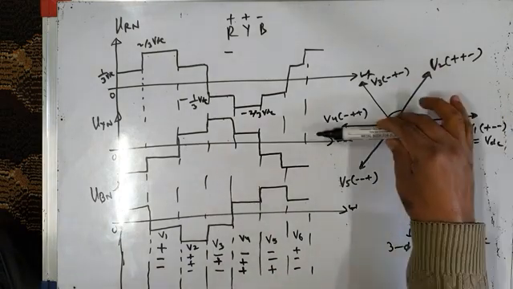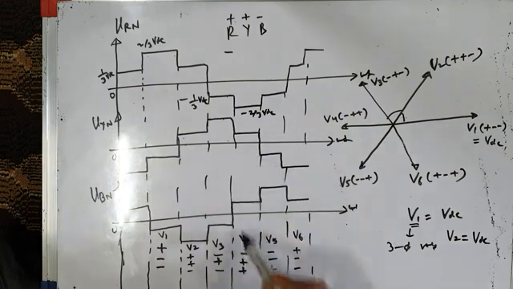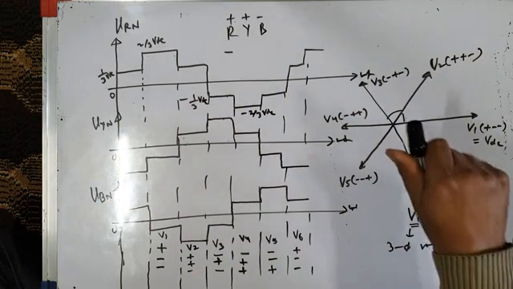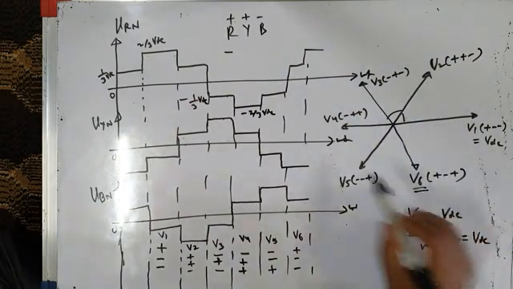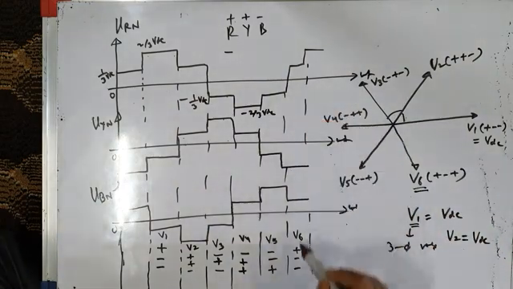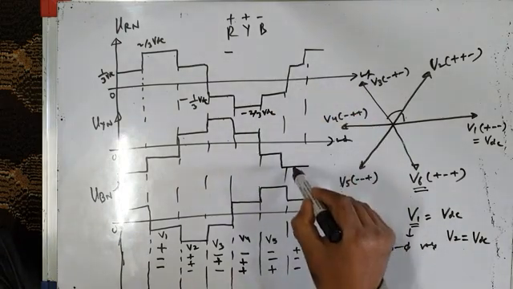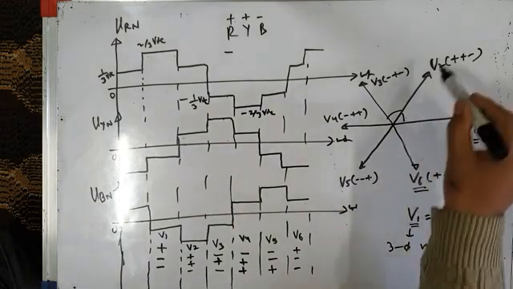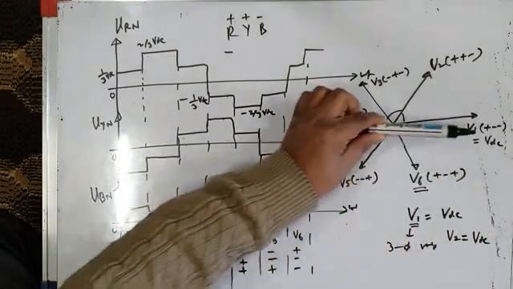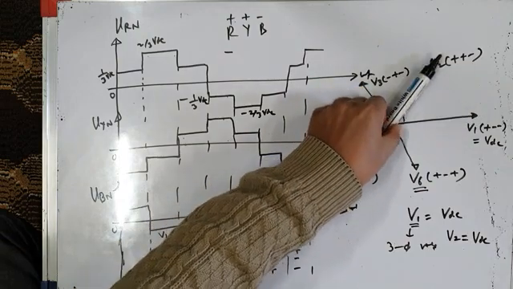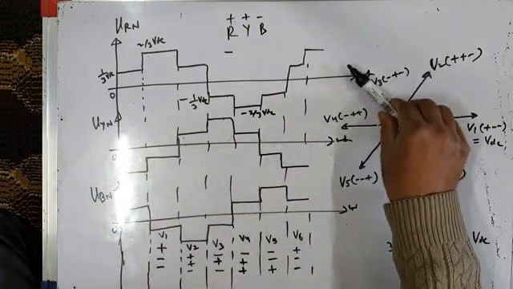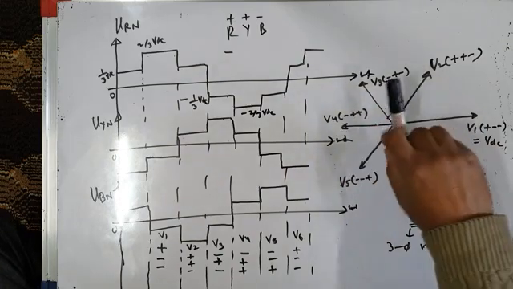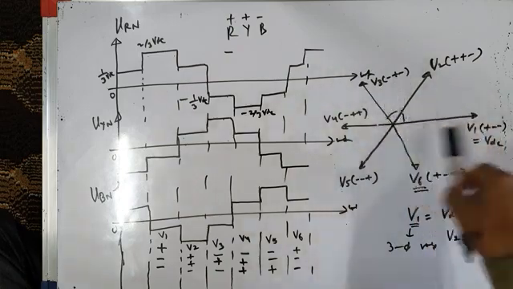Similarly, after another 60 degree interval, my three phase voltages are like this. After another 60 degree interval, my three phase voltages are like this. After another 60 degree interval, the space vector V6 represents the three phase voltages which are like this: VRN positive, VYN negative, and VBN also negative. So therefore space vector starts from V1, after 60 degree it is equal to V2, after another 60 degree V3, then V4, then V5, then V6, और इस तरह एक cycle